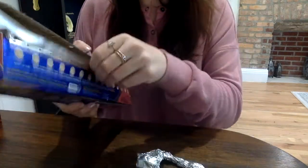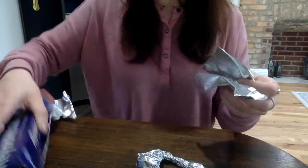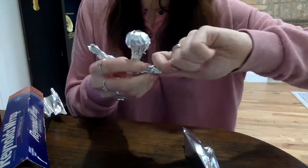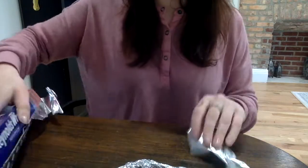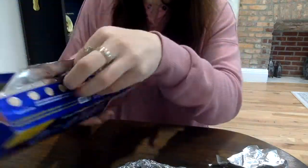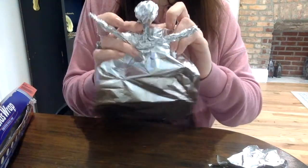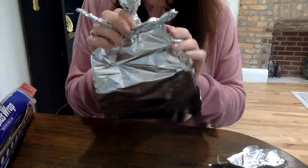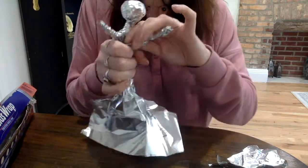This side was too short, so I'm going to go back in and add some more foil to make the arm longer. Just wrap some more foil around the arm and then pinch and twist and compress it to the shape you want. Next, take another piece of foil and we will use this to form the torso. Wrap the new piece of foil over the shoulders or around that small part of the arm and then crumple the foil together to start